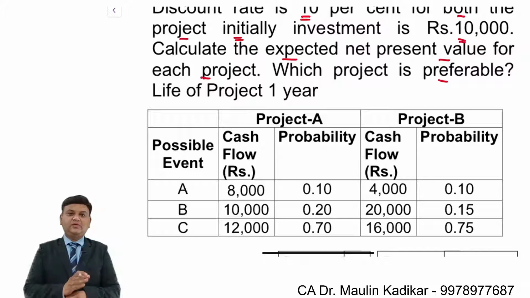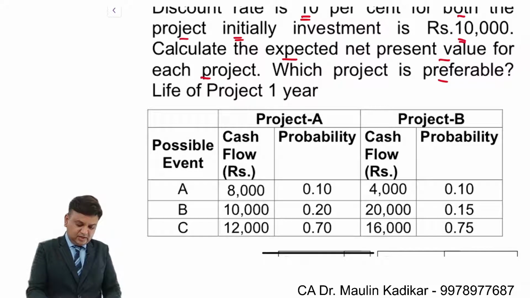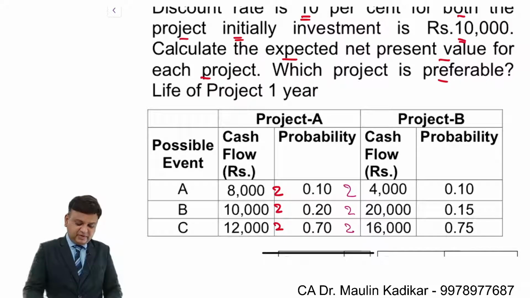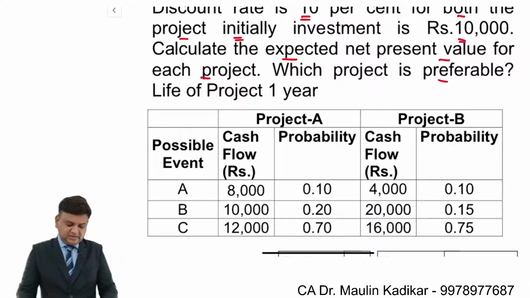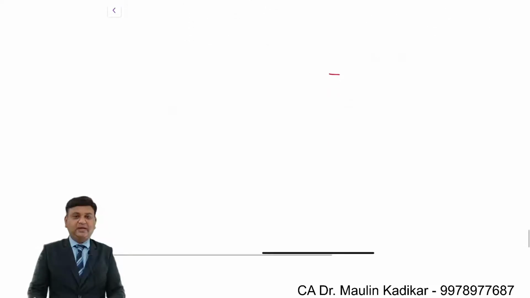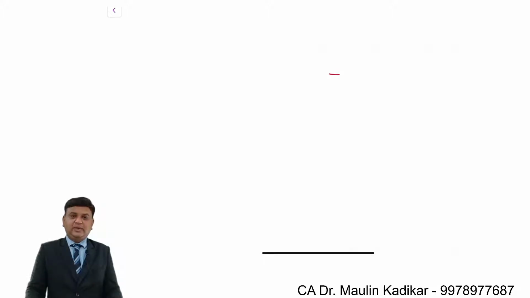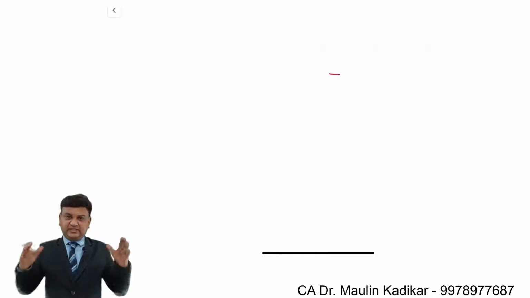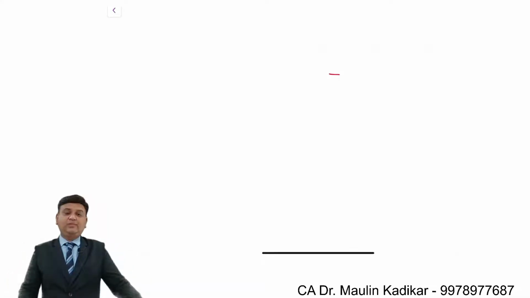Now, there is one query from a student: sir, how do we determine this? Giving a reply to that question. See, what happens is that forecasting is again required to be made. It is not that forecasting is not required. You have to make certain estimates, and this time you will have the flexibility to make more than one estimate, and of course you are required to apply probability to them on some subjective basis.